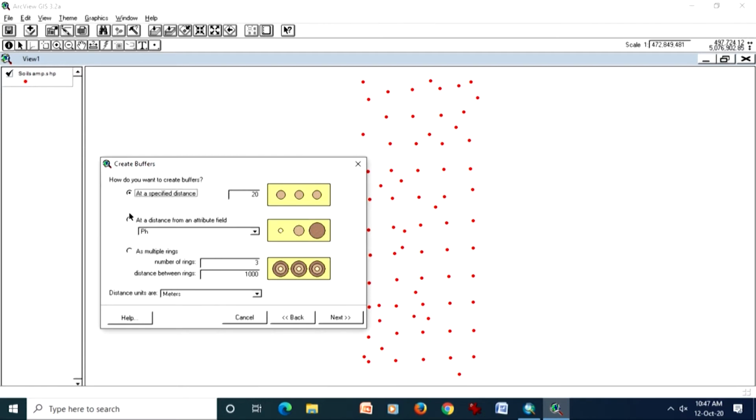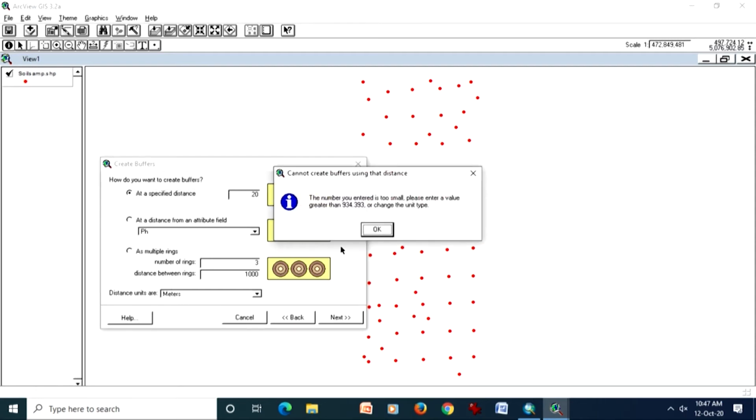So first we can go for this kind of buffering, giving 20 meters in distance and create buffers likewise.